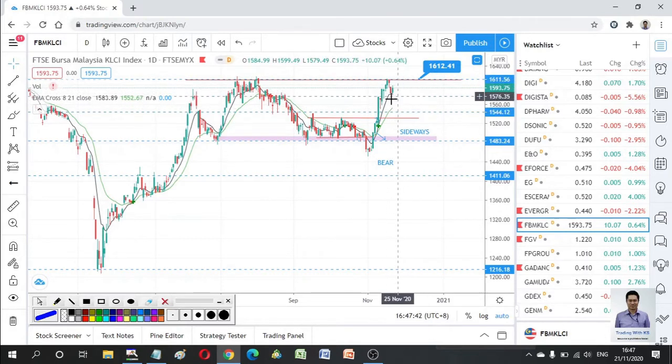When you reach this type of pattern in the KLCI, where you see a resistance and the price coming down, that is your opportunity to look for an entry. A lot of the stocks will drop, and when the price drops, we buy. We don't buy at the top. If you bought here, I'm sure you look at the stocks you bought in the last 2 days and the price has dropped.